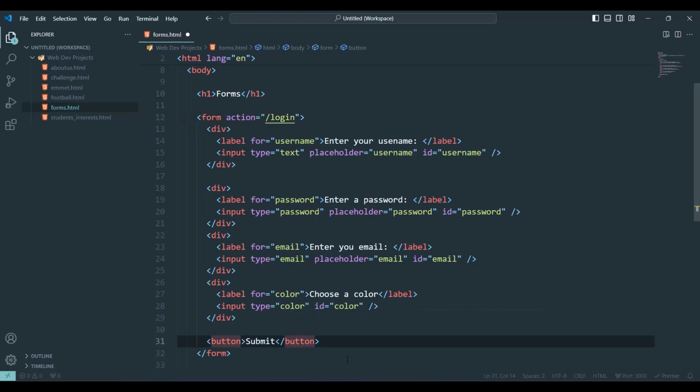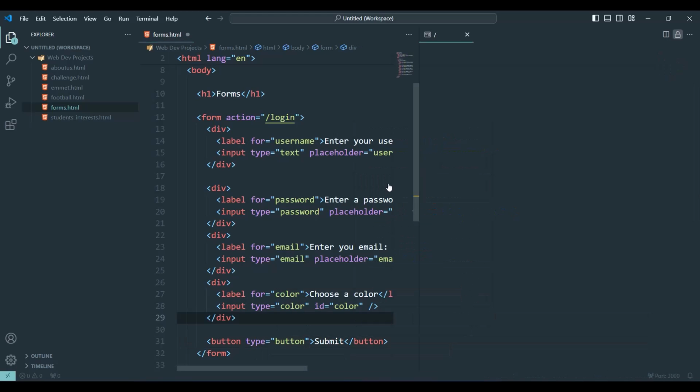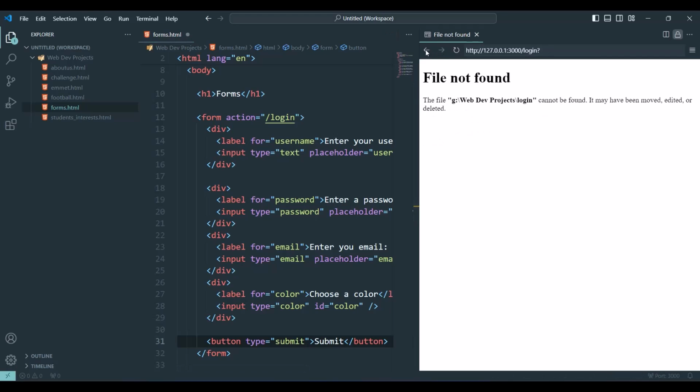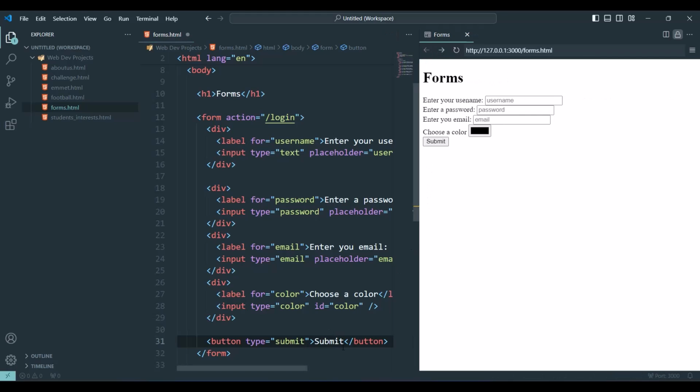But if I change this to type, look what happens. If I put type button and go to show preview, if I click submit, now nothing happens because now the type is a button, it's not a submit button. But if I change this to submit and click, it says file not found. So now it's trying to submit the form.